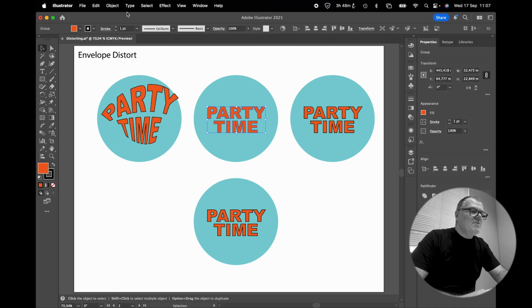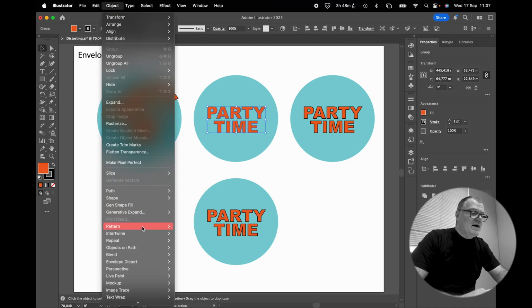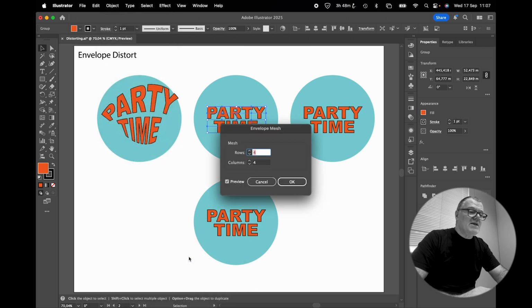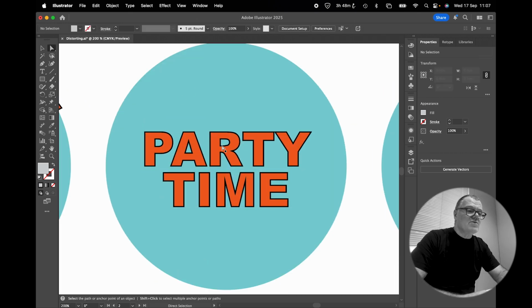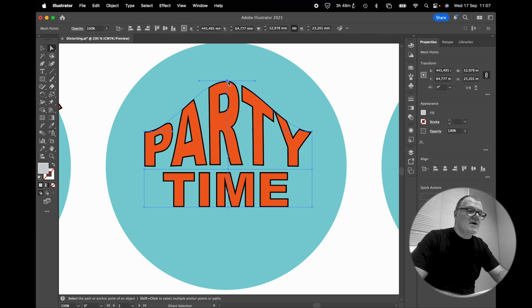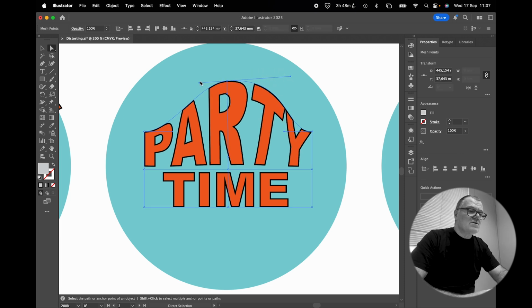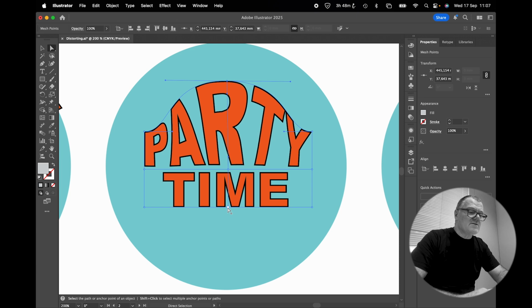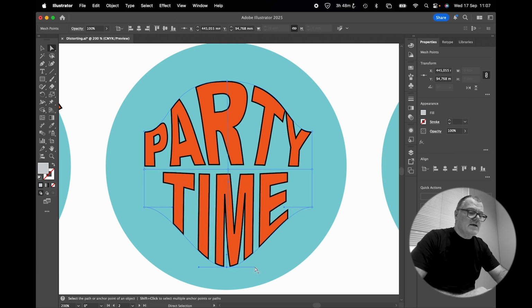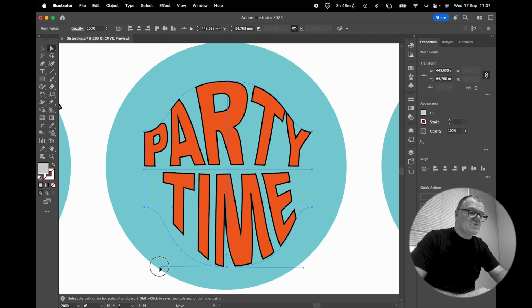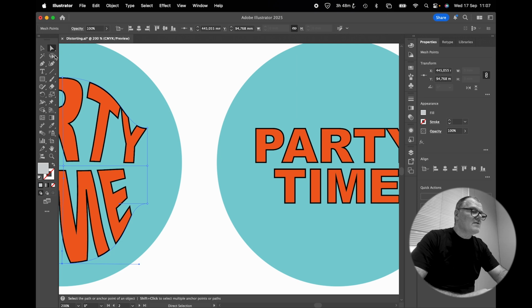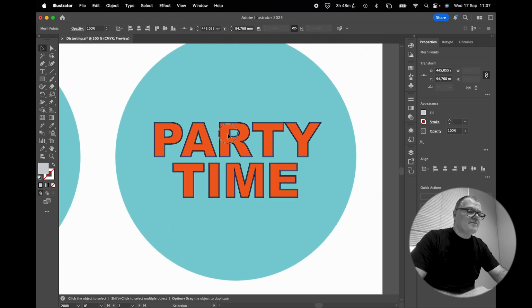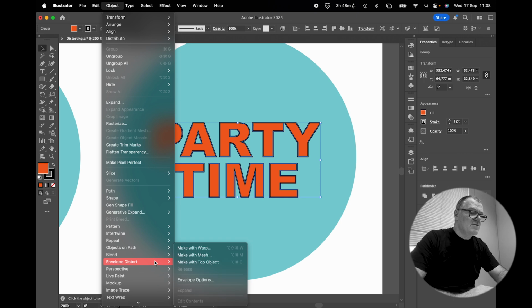I'll select the second shape, Object, Envelope Distort, and let's make with Mesh this time. And I'm going to just bring it down to 2 by 2. Zoom in a bit. Now here you need your direct selection tool because you want to be able to select individual points and distort using your direction handles. Okay, so this is more flexible and it allows you to achieve a specific shape. Okay, that's mesh. The next one is Object, Envelope Distort,